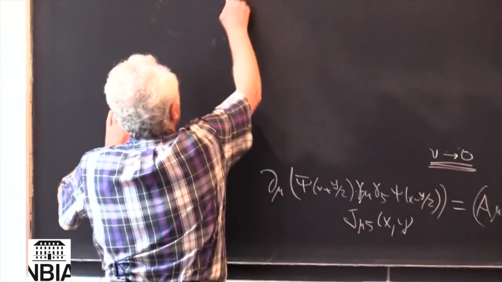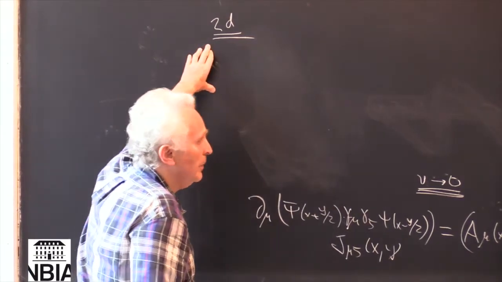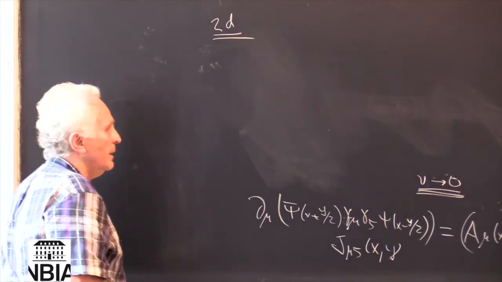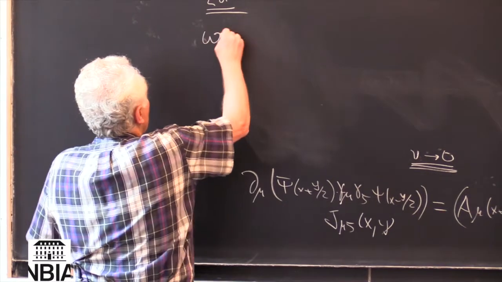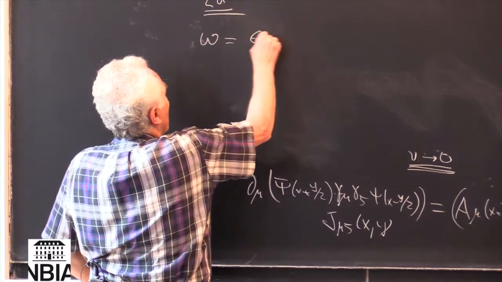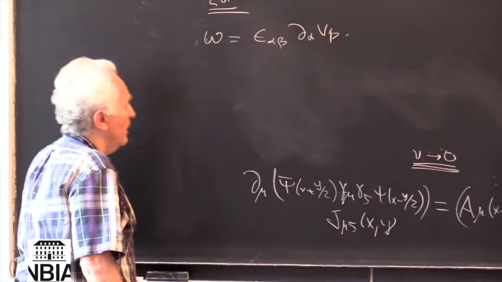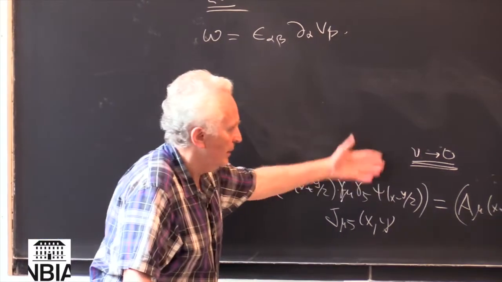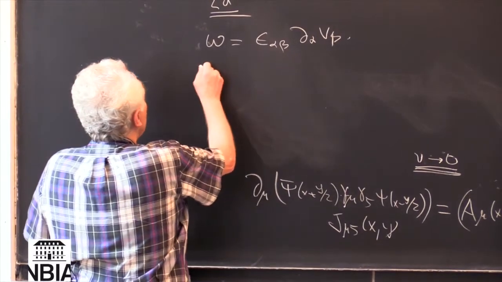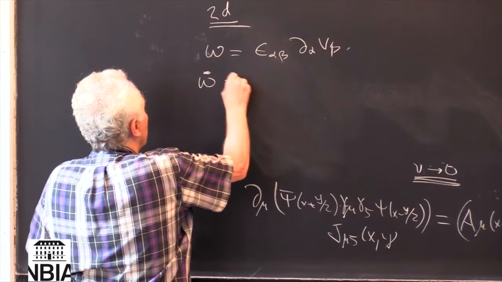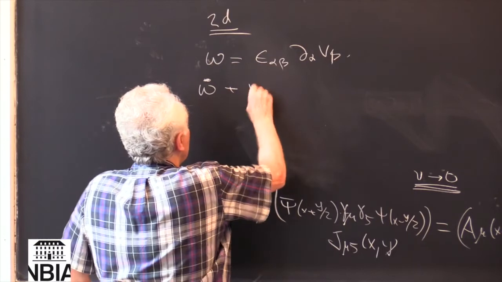So let's see. The new result which I promised to provide you refers to 2D turbulence. In the 2D case we have the object called vorticity, which is just epsilon alpha beta d alpha v beta, and I'm going to derive an anomaly equation for this. It satisfies the equation omega dot, if we neglect viscosity